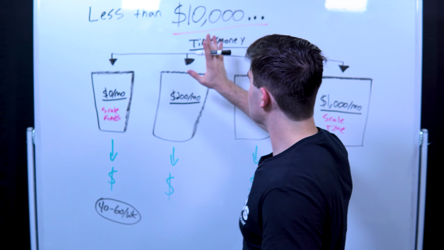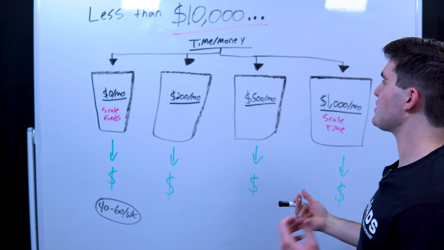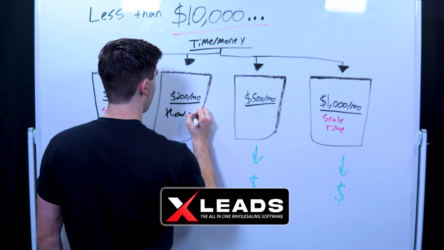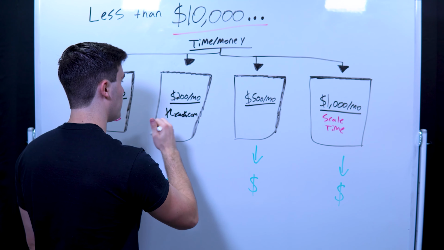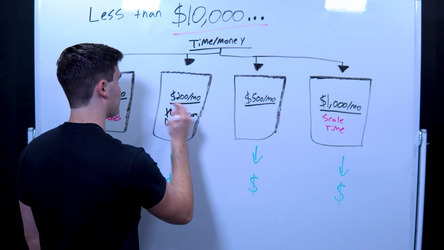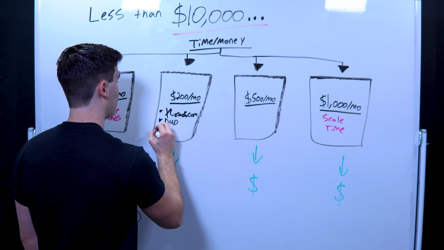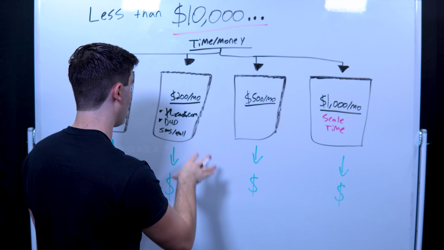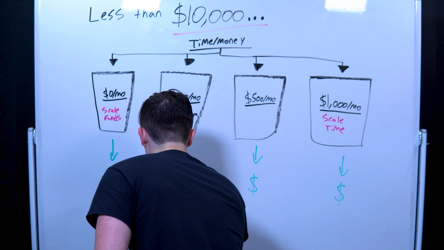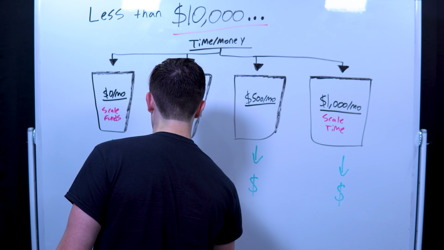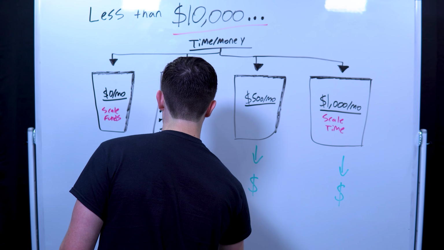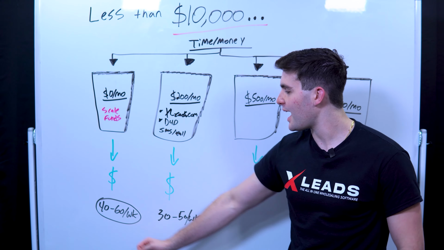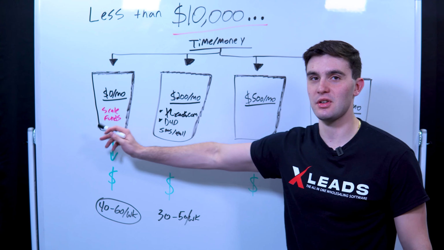Now, when we get into $200 a month, right, we can use some tools here. We can obviously get xleads.com for our free unlimited skip tracing. We got the CRM in there. We can do some driving for dollars. Got some gas money there. We can definitely start SMS and calling on a nice scale there. Buy some phone numbers. You're probably looking around 30 to 50 hours a week. Now, you might be like, Zach, what do you mean? Why can't I just do 10? Yeah, you could probably do 20 hours to 30 and get the same results as this guy.